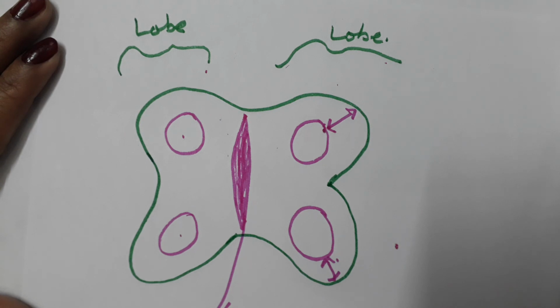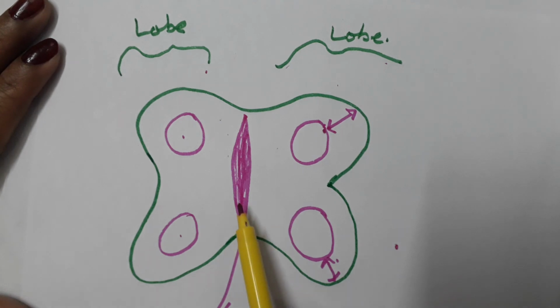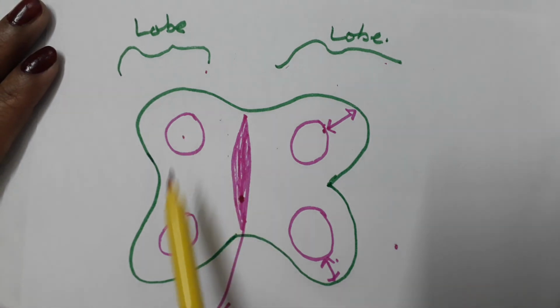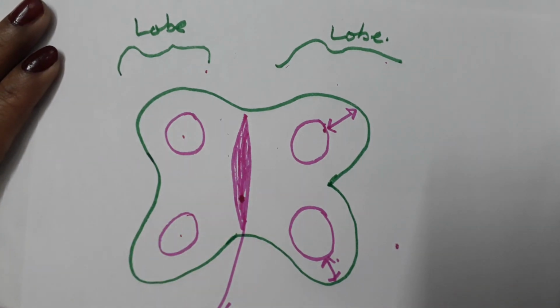So this is the structure of an immature anther. Two anther lobes are there which are connected with the help of sterile tissue, that is known as the connective, and in each anther lobe two microsporangia are there. So in the entire anther four microsporangia are there. Inside the microsporangia, which on maturity are known as pollen sacs, pollen grains are produced, and outside the microsporangia the wall formation takes place.